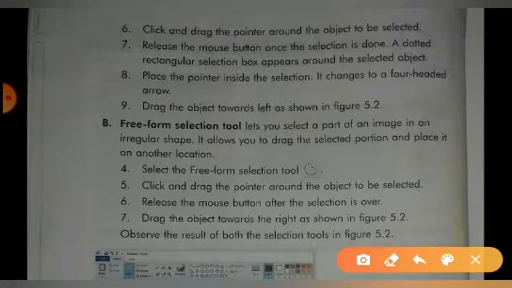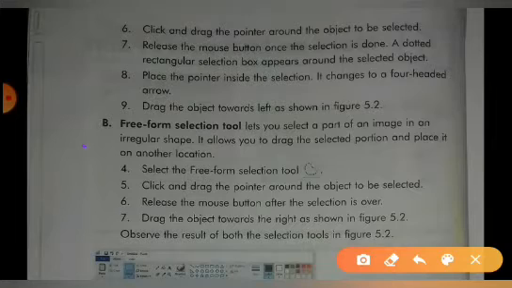Next, release the mouse button once the selection is done. A dotted rectangular selection box appears around the selected object. Now place the pointer inside the selection and you will see it changes to a four-headed arrow.